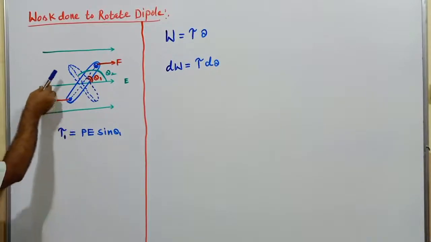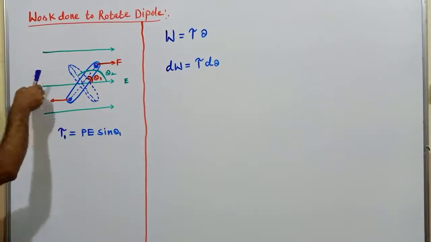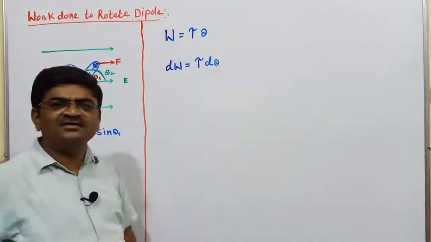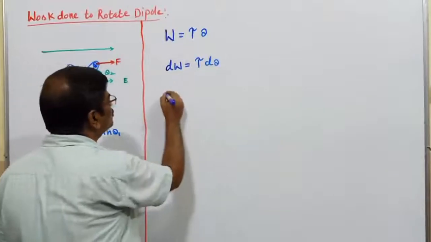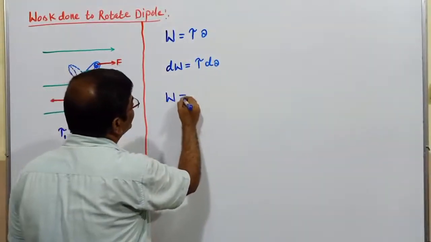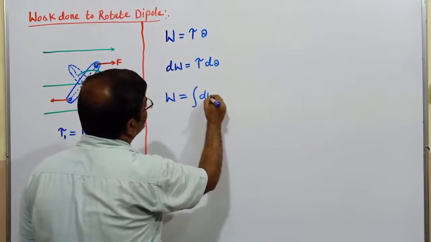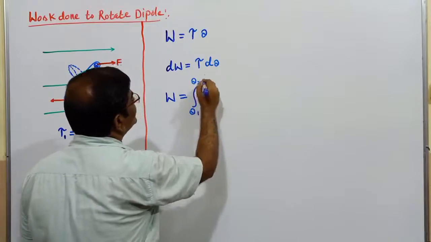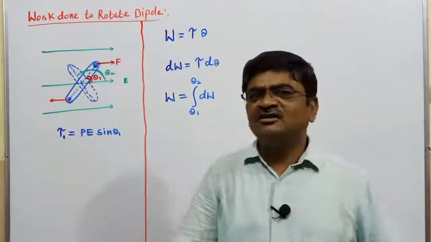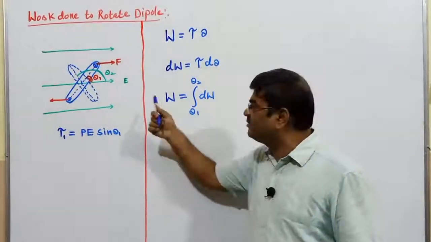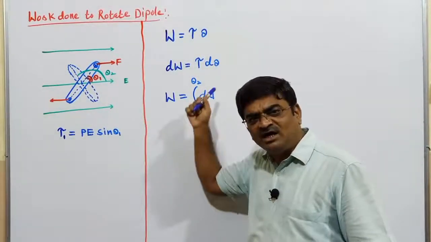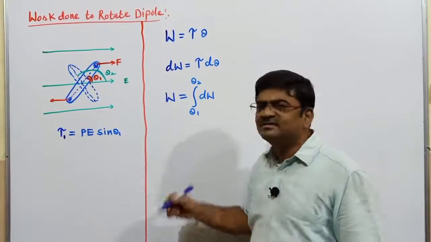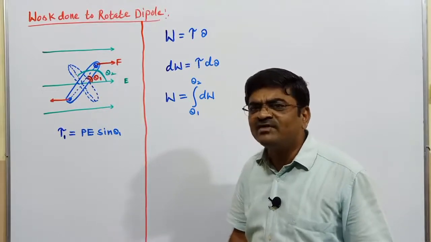In going from theta 1 position till theta 2, I will have so many d thetas, so many dWs, and all those dWs I will add together by the technique of integration. I should tell from where to start and where to end. Start the addition from the position where the angle is theta 1. Go until you reach theta 2. During the course of the journey, whatever dWs you come across, you add all of them.